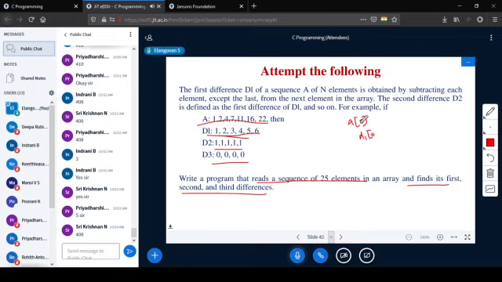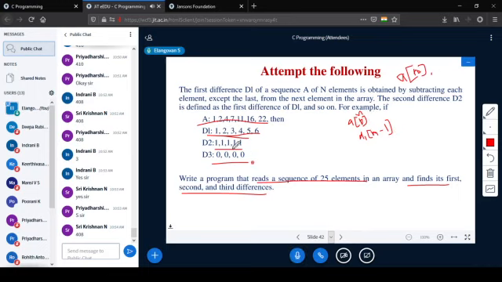If this is taken as n, D1 will have n minus 1 elements. At the time of declaration, you declare it with a maximum size like 10, 50 or 100, and take n as input from the user. Then A has n elements and D1 has n minus 1 elements.